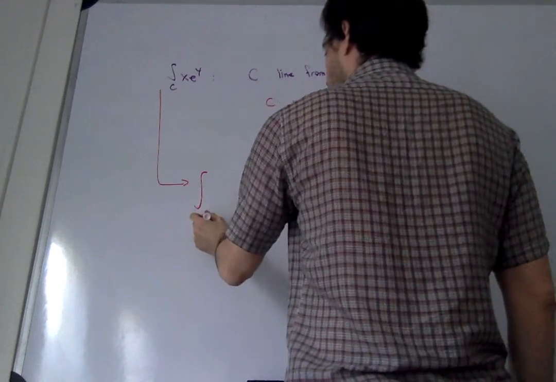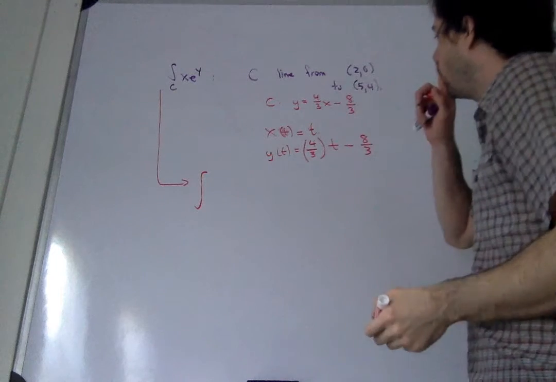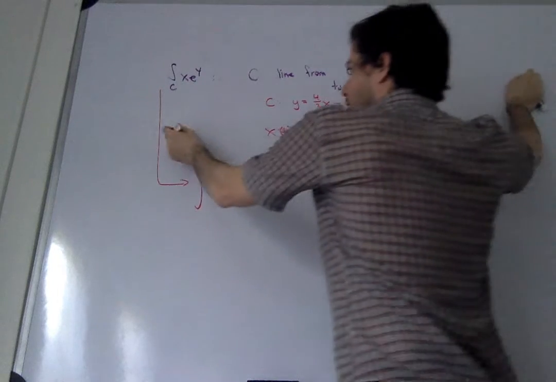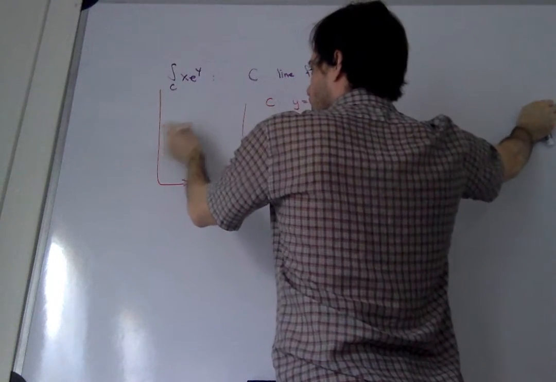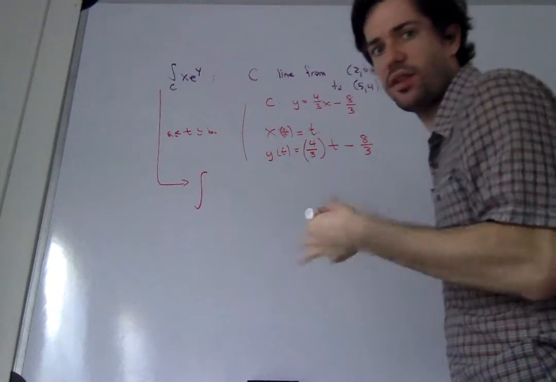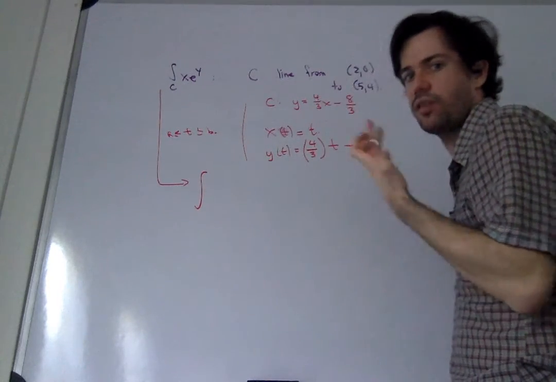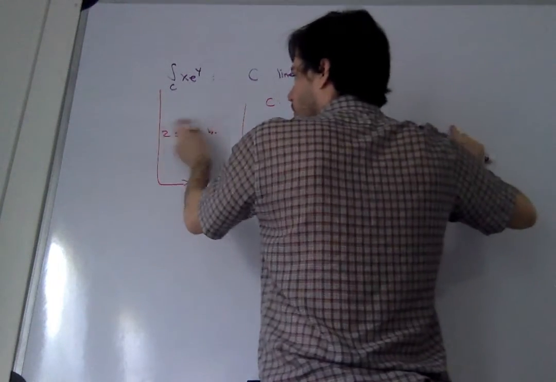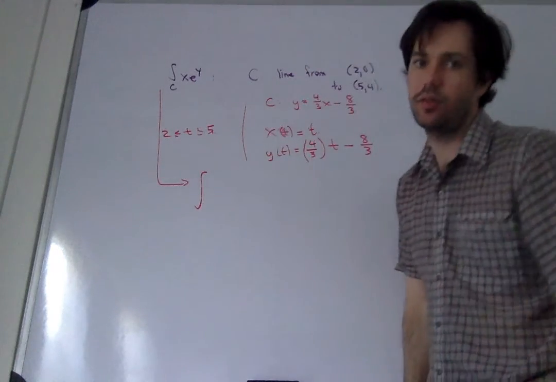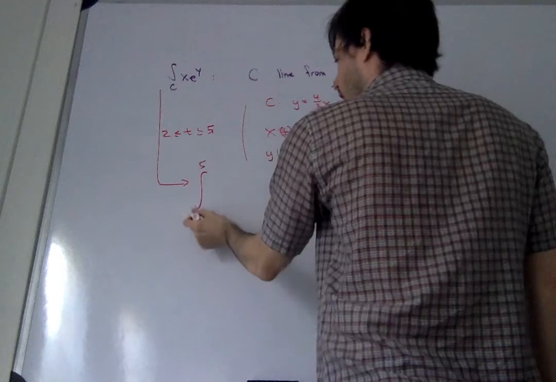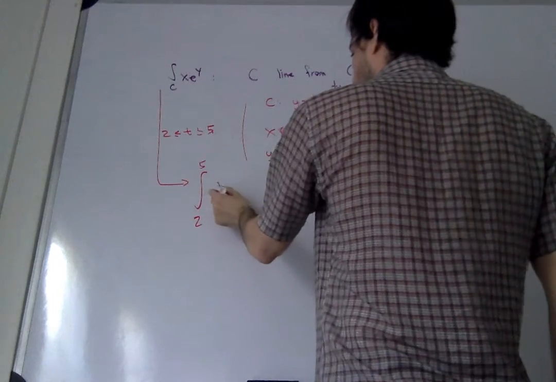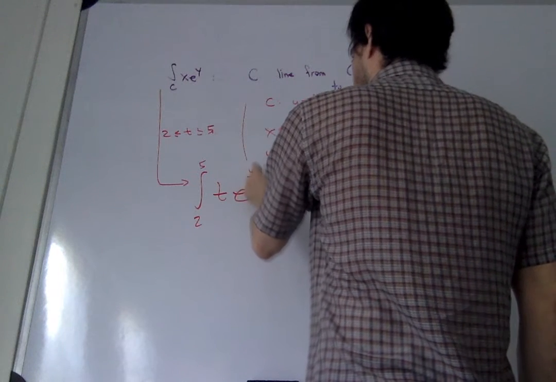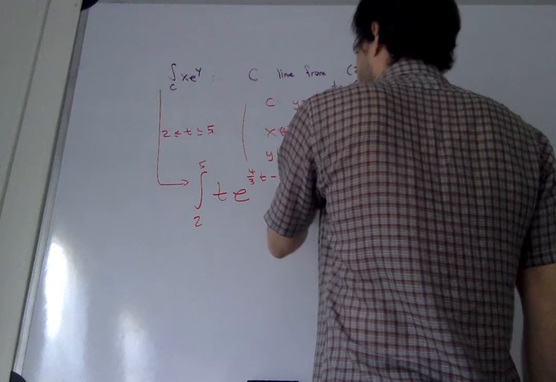So I'm going to integrate this. Well, where is t varying? Because I have this a to b. Well, what are a and b? Well, t is x, so where does x vary from? It varies from 2 to 5. So because x goes from 2 to 5, t goes from 2 to 5. So that's 5, this is 2, plug in x, I get t, and then I get e to the 4/3 t minus 8/3 d